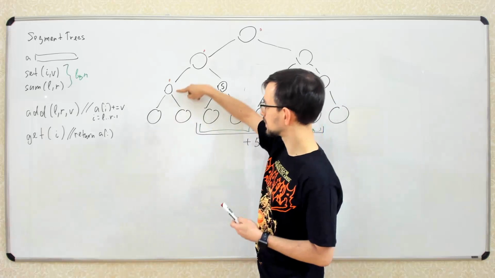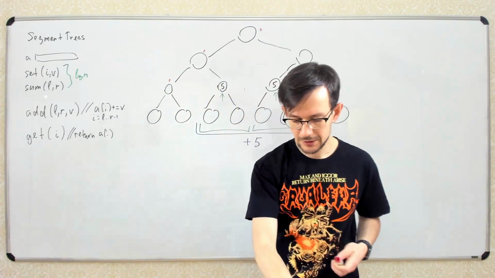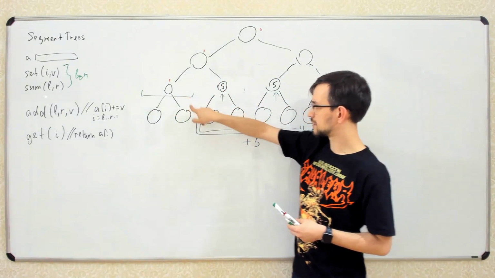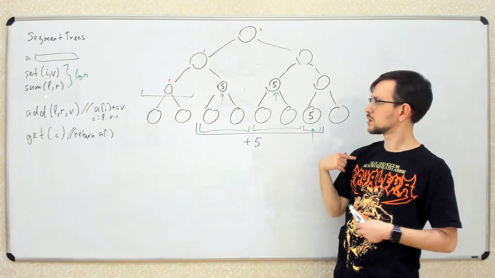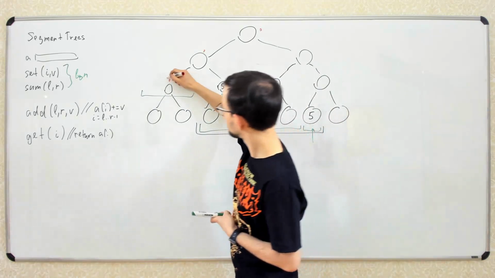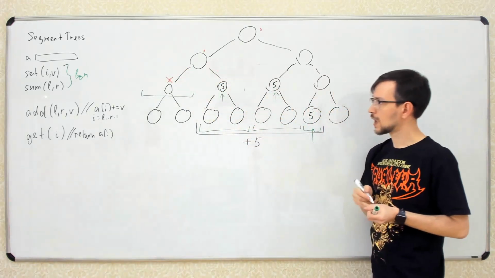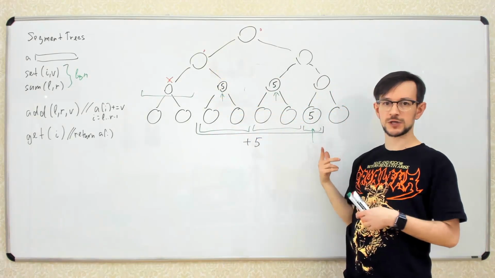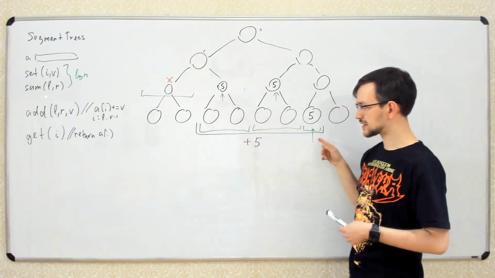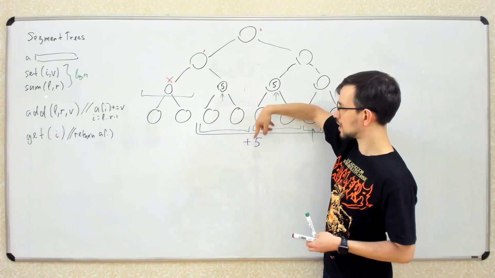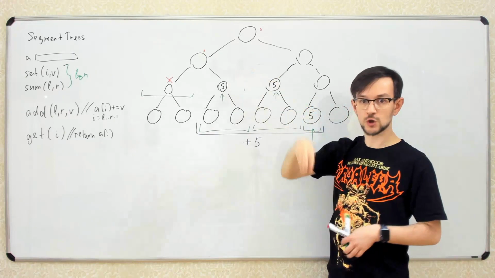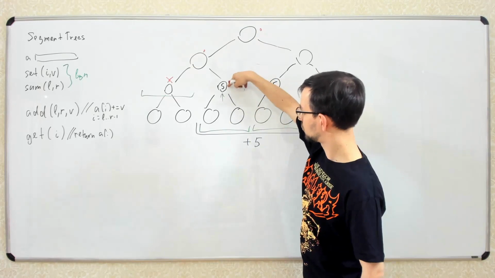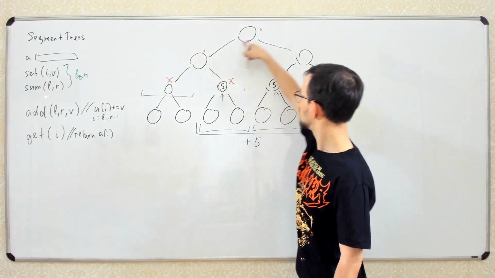So we check this node. This node represents this segment of the array. This segment contains no element of the segment we need. So we stop the recursion here and go back. And when we go to the right, this segment is completely inside our segment. So when this segment is completely inside, we just put our number here and also stop the recursion here. So we go here, see what it is inside, add 5 to this node, stop the recursion, go back,